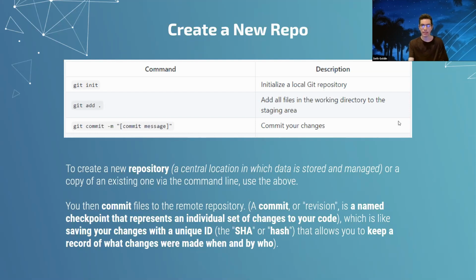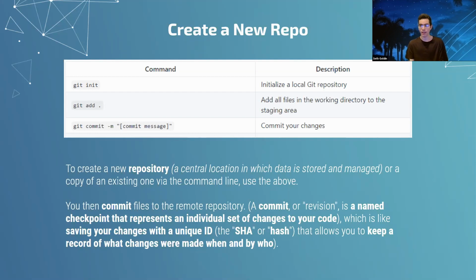The most important concept to understand is that we are creating a repository and pushing it to the cloud. And that is what, at least part of what, this slide does. So git init initializes a new Git repository locally, which means on your computer. It makes it so that you can use other Git commands in that directory. git add all, or git add dot, adds all of those files to the staging area, which basically means they're ready to get committed. And I'll just get into that right now, which is that git commit